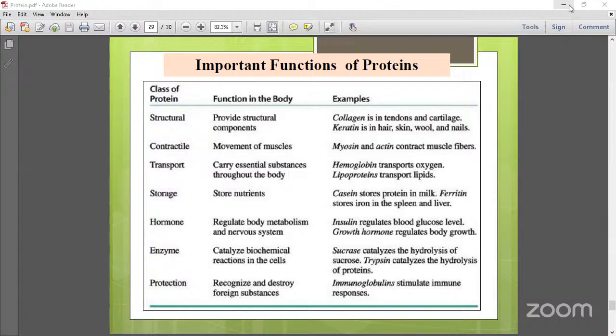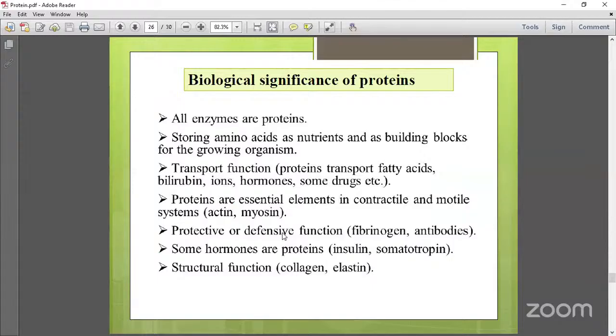And when coming to the biological significance of the proteins, all the enzymes are proteins, as we know, and